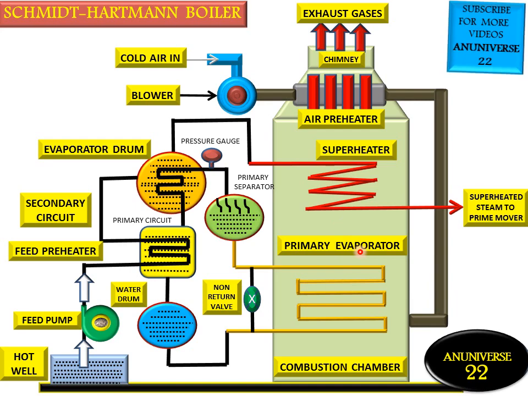And this is the evaporator. In the evaporator, by getting heat from the burning fuel and from the flue gases, water is converted into steam. The majority of the water is converted into steam, but some portion of the water remains here, and this is the primary separator. Here the steam and water are present. So now we discuss the working of the Siemens-Hartmann boiler, and with